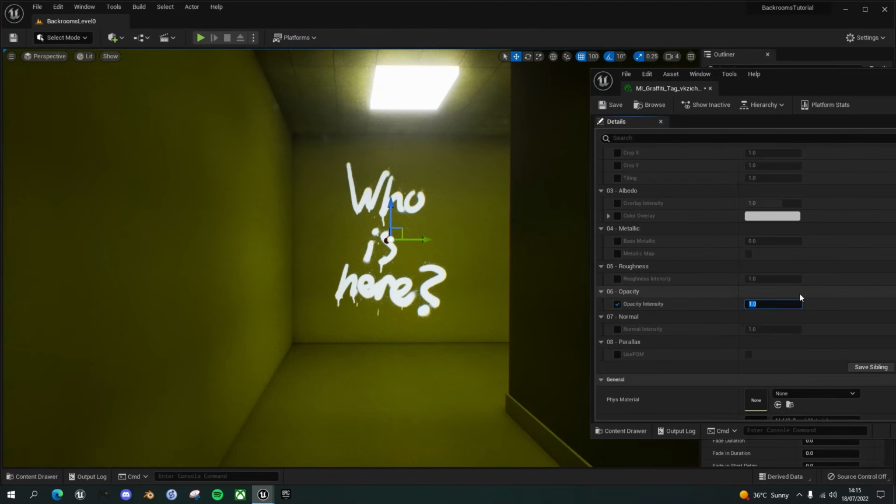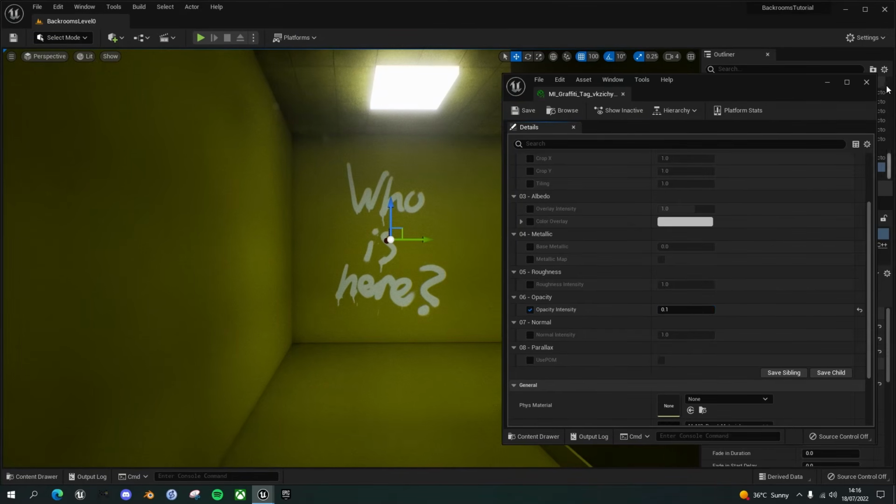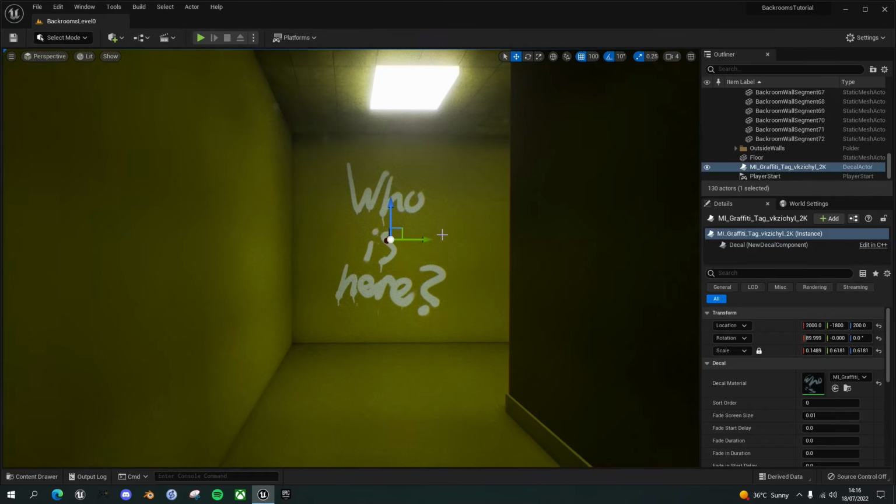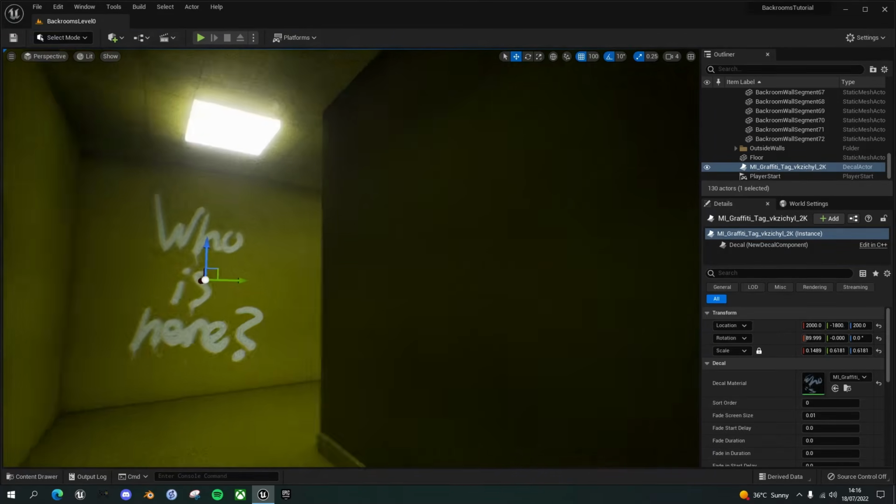If I make the opacity 0, it's invisible because it's see-through. If I make it 0.5, it's sort of half see-through. But if I do something like 0.1 or 0.2, actually 0.1 is quite nice. It's showing some of that yellow through here. So save that and close it down, and we now have a bit of graffiti in our level,